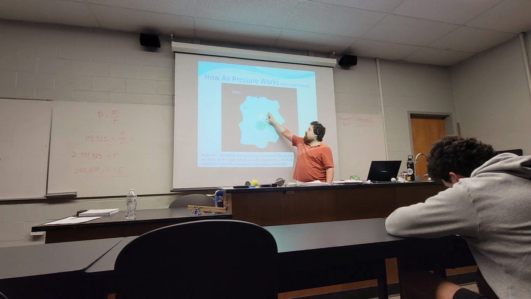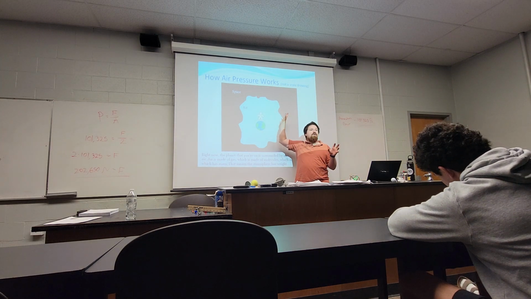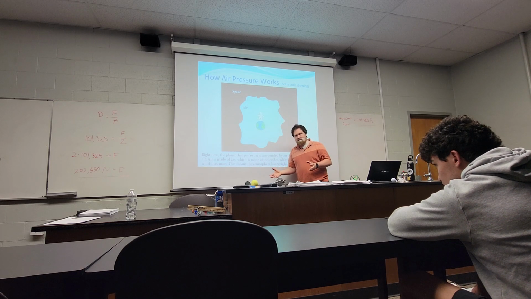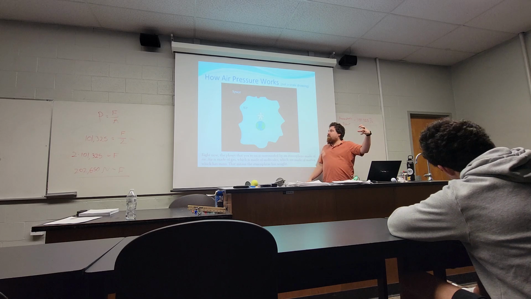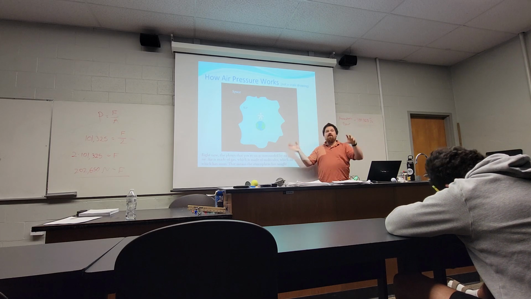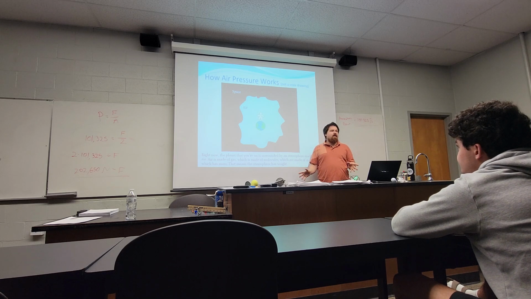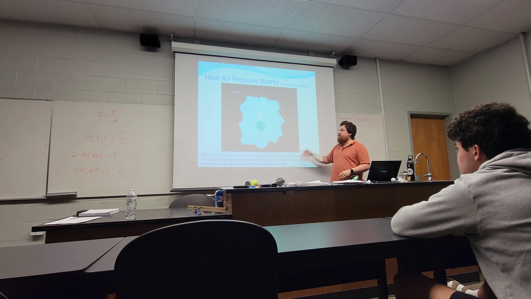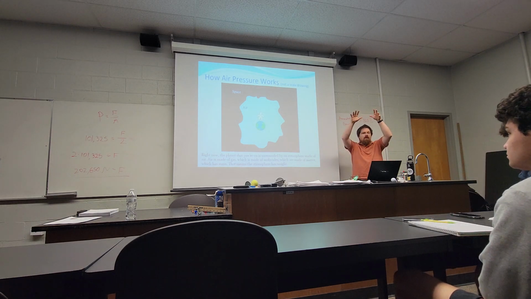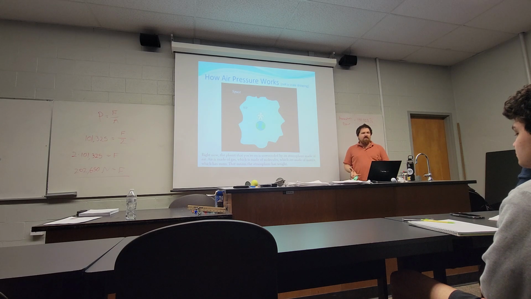So Earth, you, and at all times on this planet, you are surrounded by Earth's atmosphere. If you zoom out to look at Earth from space, you don't usually see the atmosphere because air is transparent, so I've colored it in blue to be able to see it. And as long as you're on planet Earth, you are at all times surrounded by that bubble of air.